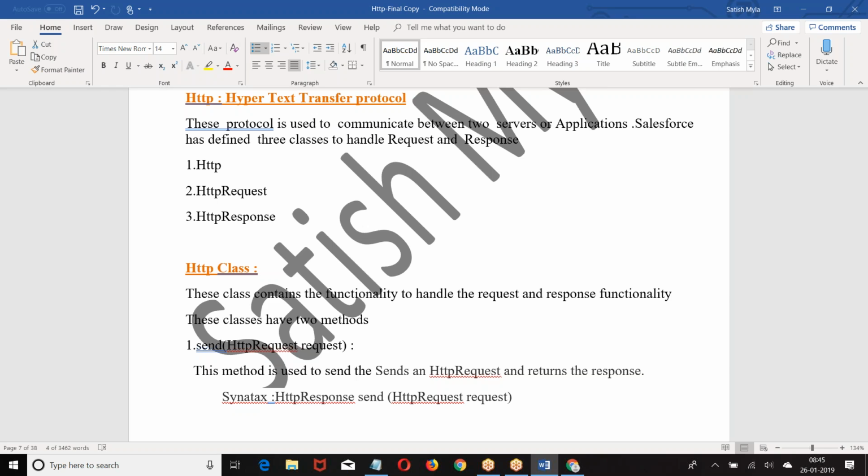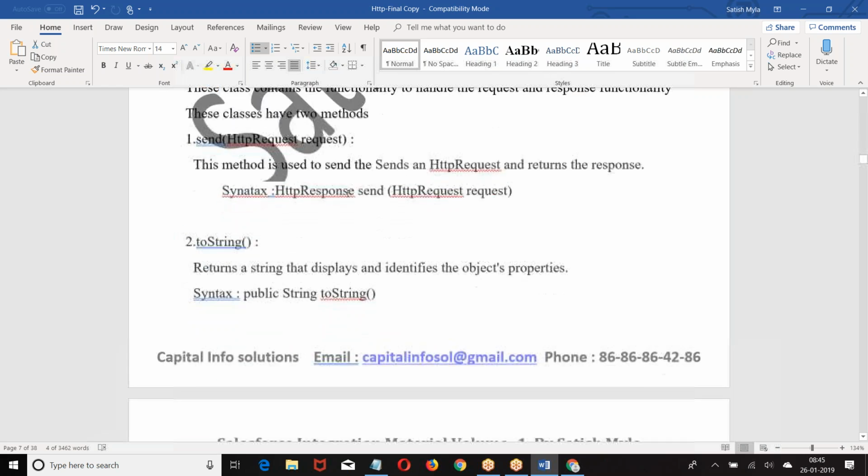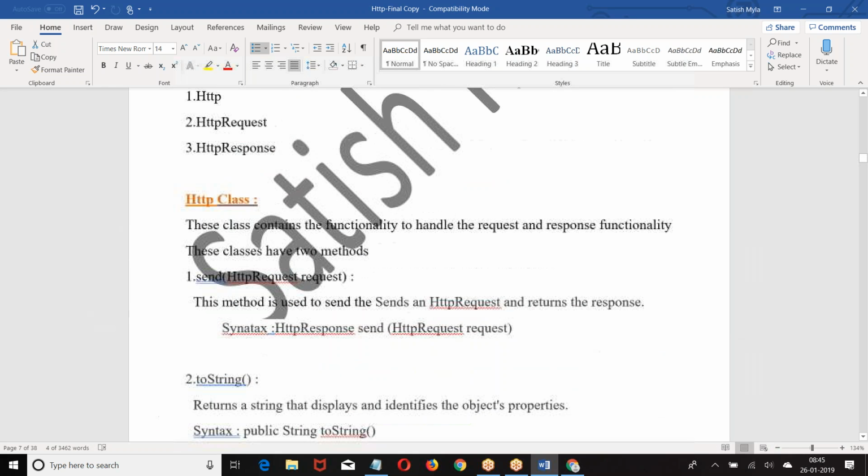With the help of these 3 Apex classes, we will be handling the request and response. First, let us understand what the classes are and what methods are available.